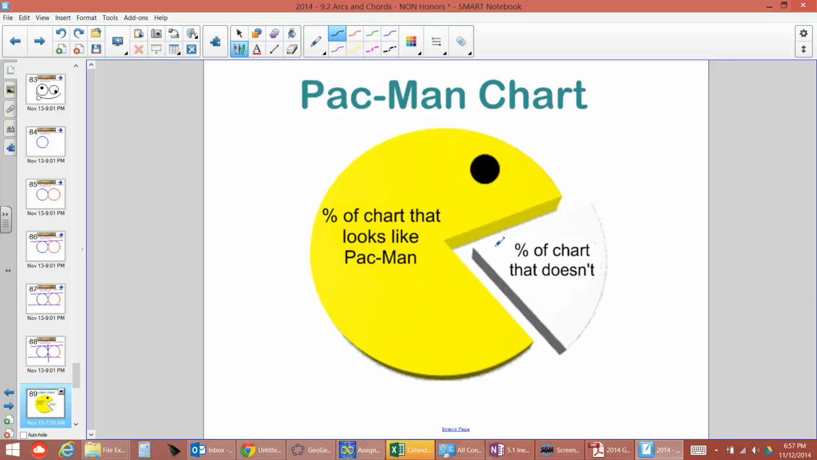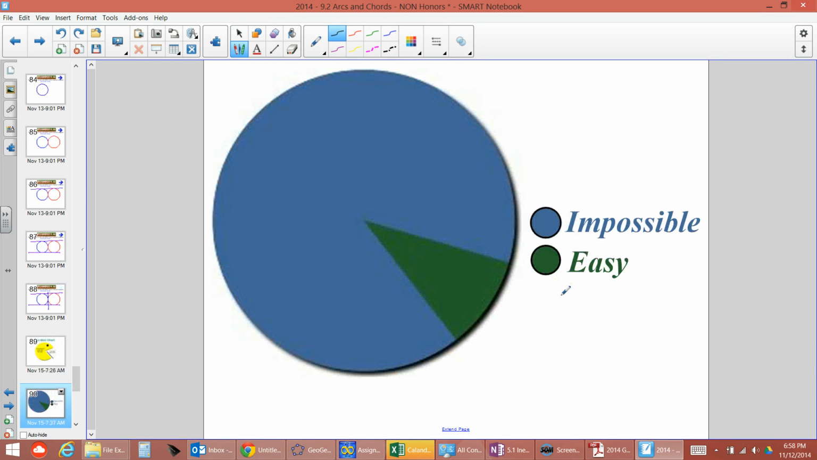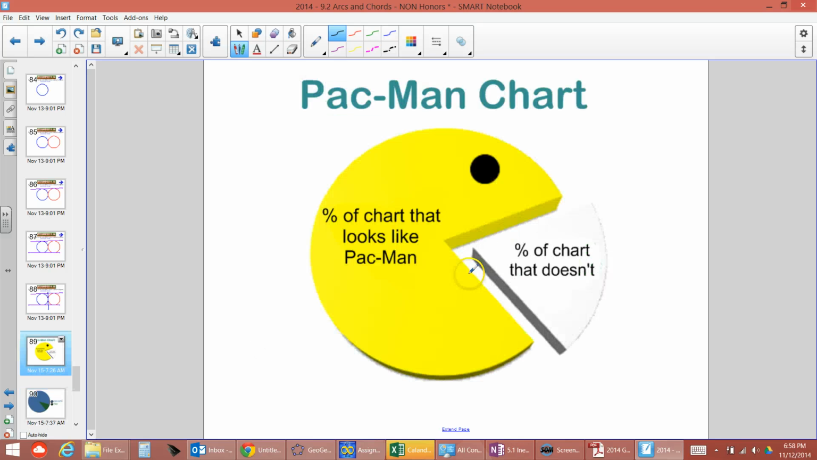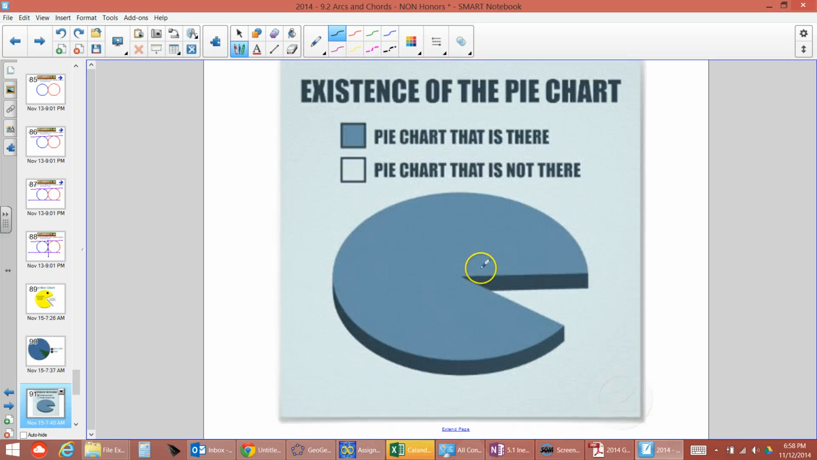Okay, Pac-Man. This is a little bit of pie charts. The percent of the pie chart that looks like Pac-Man, and the percent that does not look like Pac-Man. Pie charts come in lots of different versions and varieties, but they show an amount of something that's either hard and easy, or that looks like Pac-Man or doesn't look like Pac-Man, or that is there and isn't. Pie charts